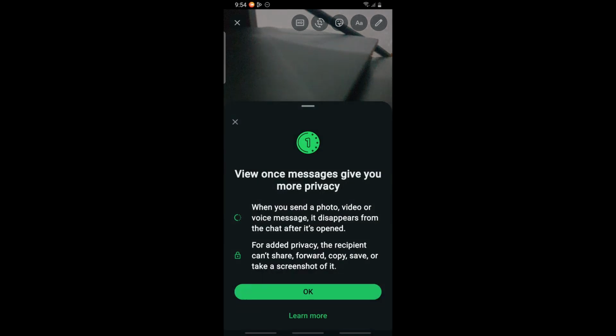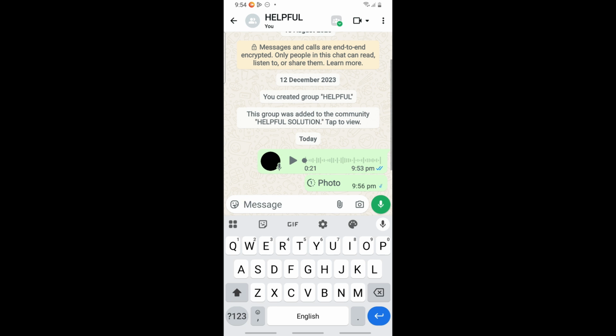And now from here, as you can see down below, we have an option to add a caption. And when you go to the right side, you should be able to see the number one. So when you tap on that, as you can see, you should be able to send the photo, but the person can only view it once. So tap on OK and select send. And from here, guys, you should be able to send a